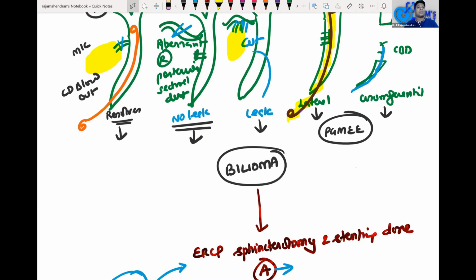I have seen surgeons who could not sleep for months together, because the patients will be coming to you every day, every week, with various complaints. They will develop cholangitis. They will have bile leak. Continuously, there will be a nightmare for the surgeon.